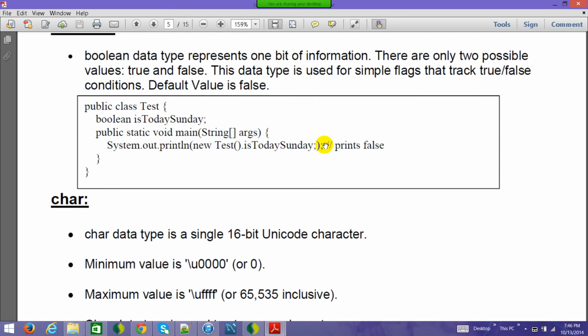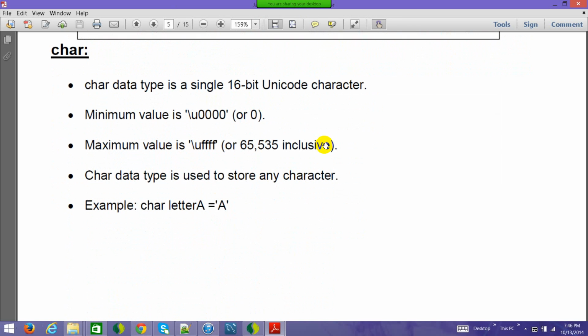Now character. Characters are basically alphabets: English alphabets, Chinese alphabets, Hindi alphabets, Telugu alphabets. All these alphabets are denoted by char. Earlier the usage was to use ANSI, which is basically American National Standards Institute code.